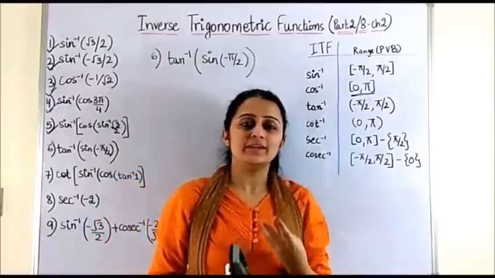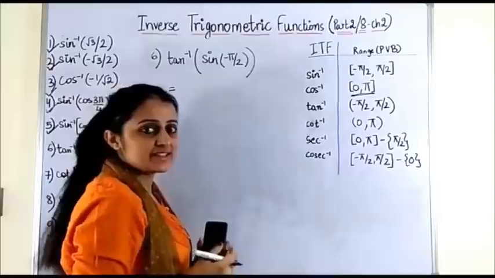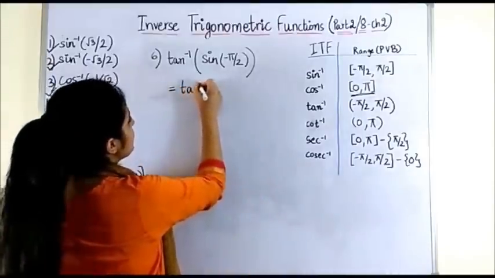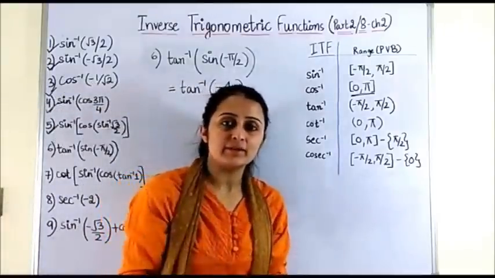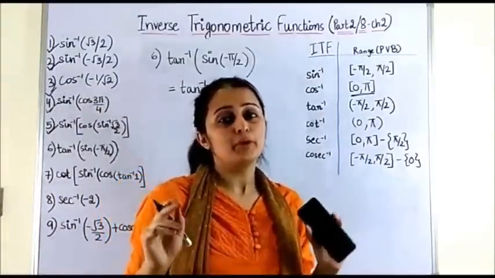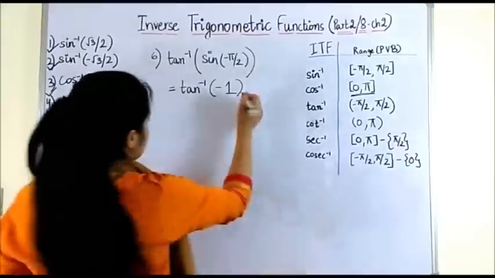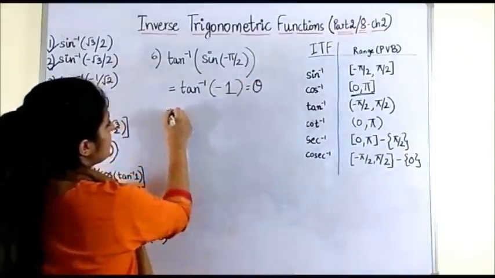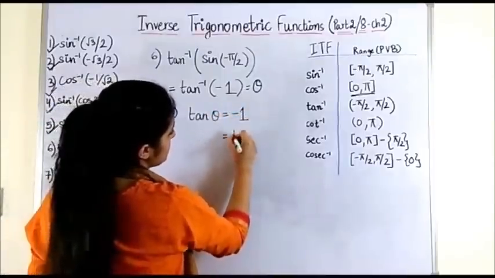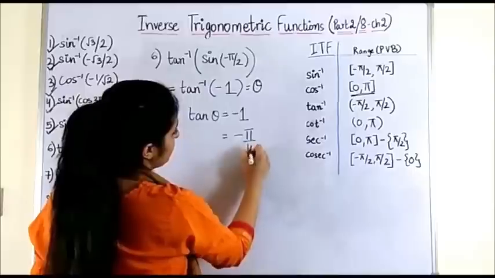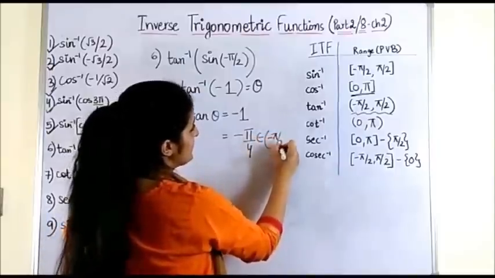Let's have a look at an equally simple question 6. So solving the innermost bracket, sine of minus pi by 2 would give us minus 1. If you want to assume it to be theta, please go ahead and do that. If you've already become a pro doing these questions without dealing with theta, please do that. So in case, let's say I assume it to be theta, this means tan theta is minus 1, which gives us the answer minus pi by 4. For the reason, this again lies in the principal value branch.